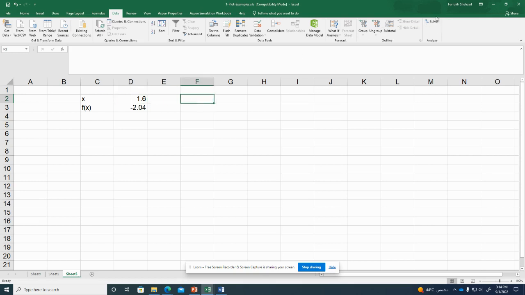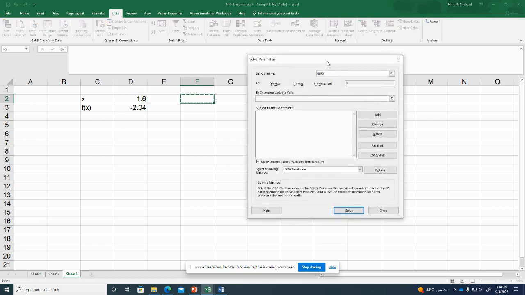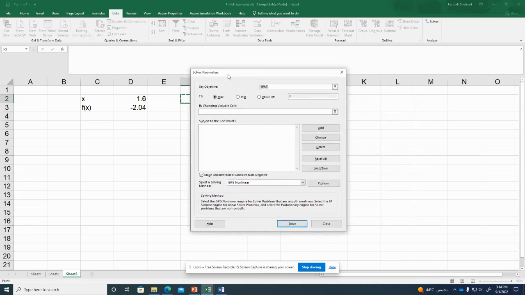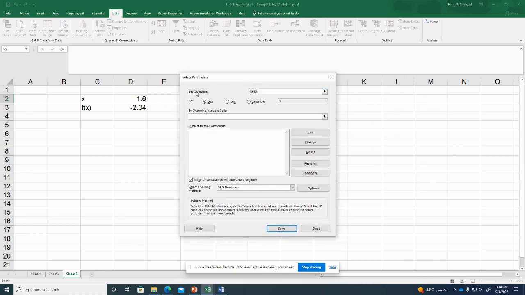So for Solver, if I open Solver here, there is a menu, a new pop-up window. Here we have a few things. One is the objective. This is what I want to achieve. For example, I will select an objective cell and I can choose it. I can ask Excel to make it maximum or minimum or a certain value. Similarly, I can choose a variable cell, and in the variable cell I can choose the value of x to